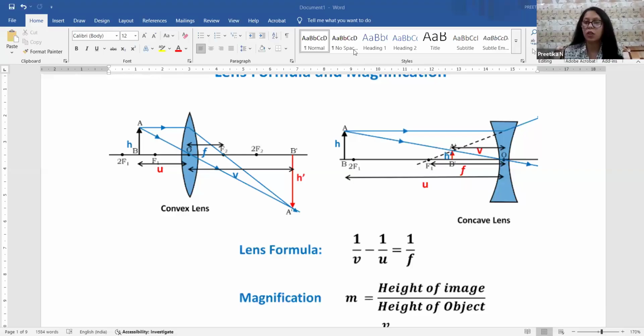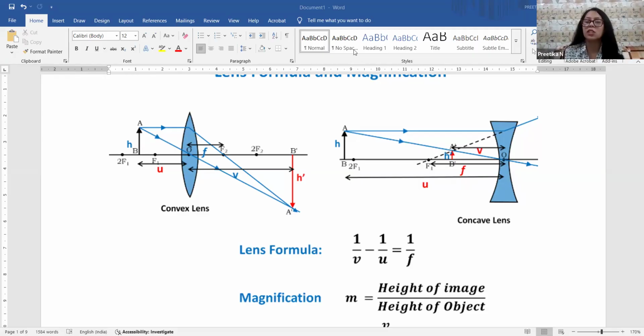As simple as that. So the only difference we were having over here is the sign. Over there, the formula was 1 by V plus 1 by U is equal to 1 by F. But here, when we are talking about the lens formula, the only difference you'll get is the minus instead of that plus. And you won't be doing the derivation for the same. So this is something you really need to learn.